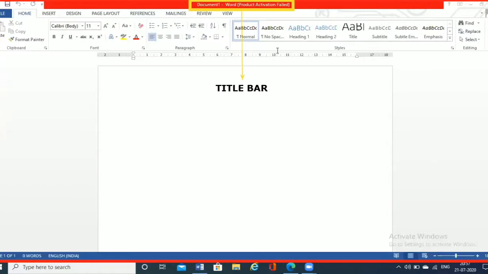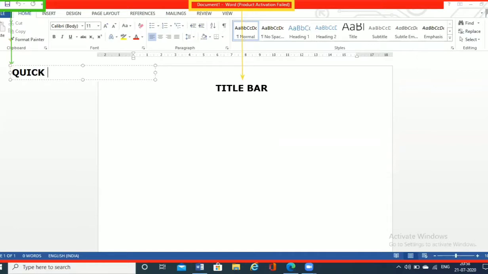The second component we will be talking about today is the quick access toolbar. What actually is a quick access toolbar? A quick access toolbar gives you some facilities which help you do your work very quickly and easily. For example, if you want to save a document which you have created and you have less time, you can use this quick access toolbar. In this quick access toolbar, you can select the button of your choice and save quickly.